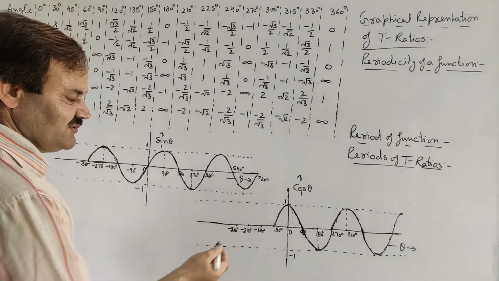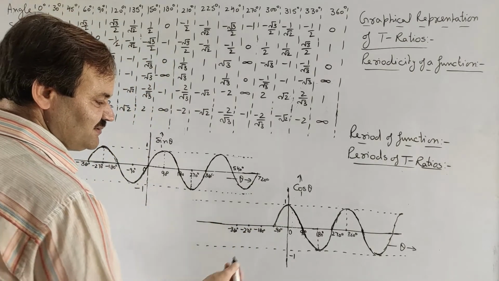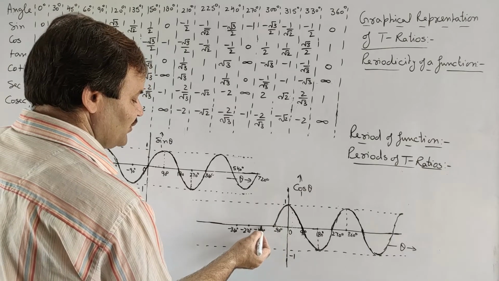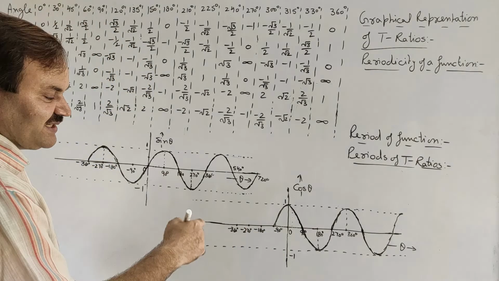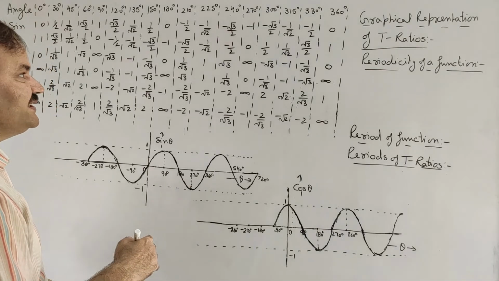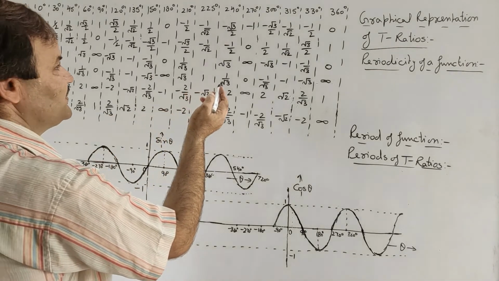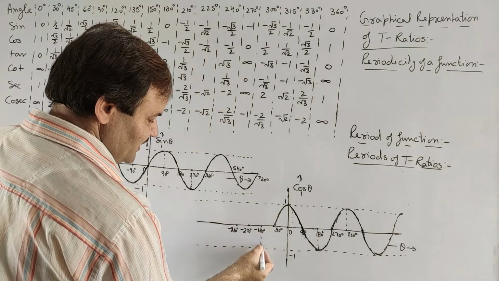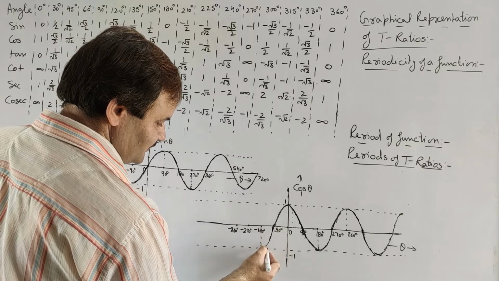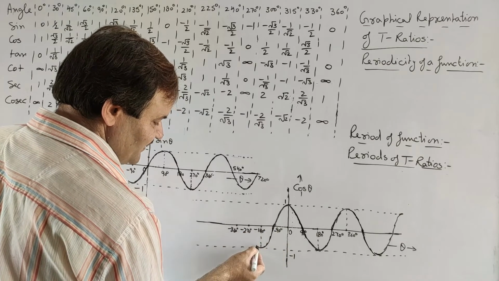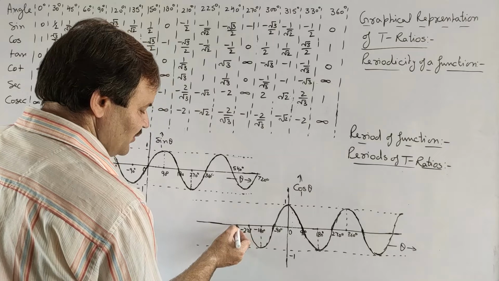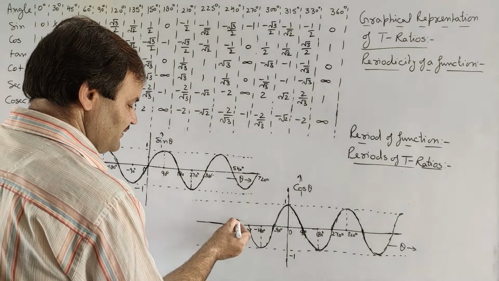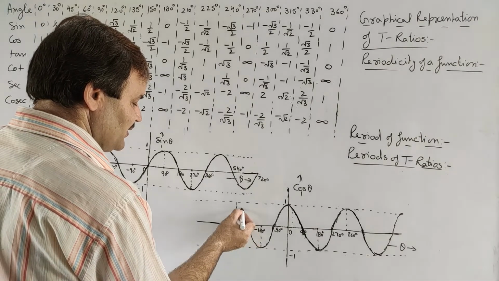In the same way, for negative cycle, for 90 degree it is 0, for 180 degree, cos minus 180 means cos 180, and cos 180 is -1 as we already found, so here its value will be -1. Then for 270 it will be 0, for -360 degree, means cos 360, the value will come out to be 1.